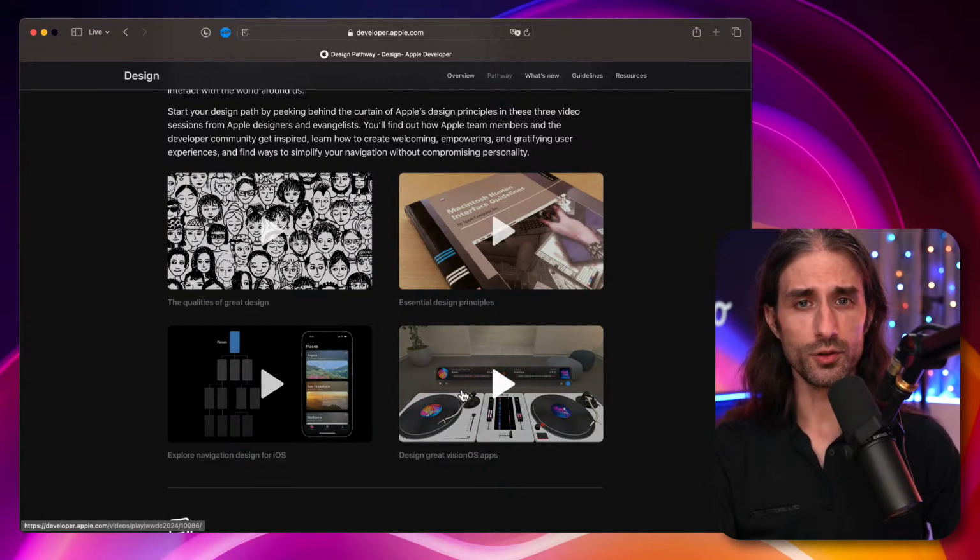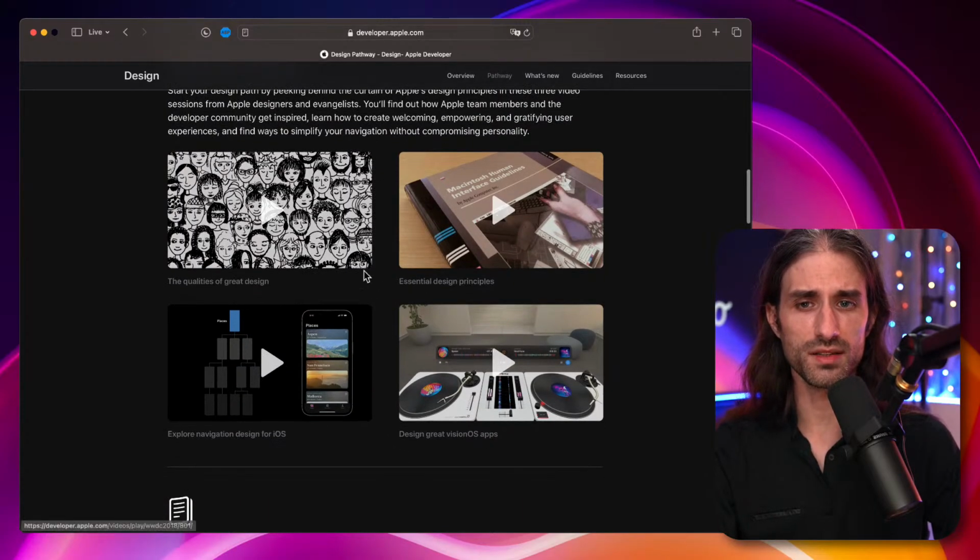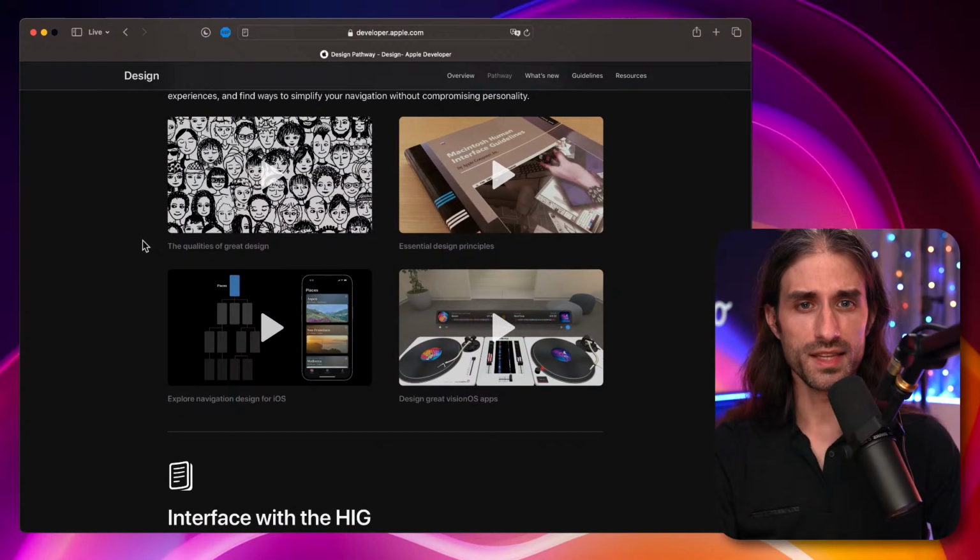So the first 3. The fourth one is of course very interesting, but unless you have a specific interest in visionOS, I think it's okay to skip it. But these 3 videos seem very interesting. They might be a bit old, especially this one because it still shows the Apple logo with the rainbow, and that hasn't been used in quite some time by Apple. So might be an old one, but as they say, oldies but goodies.